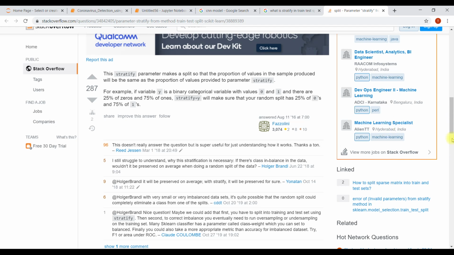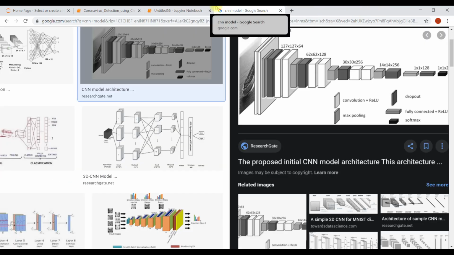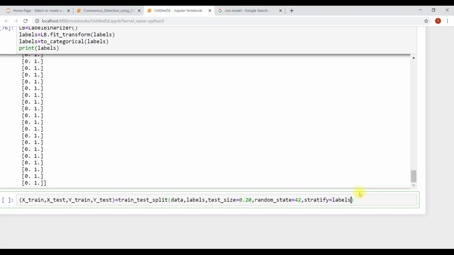For example, with values where there are 25% zeros and 75% ones, it will make sure that your random split has the same proportion of zeros and ones. So let's move forward. Don't worry if you are not able to understand, it's just a simple thing.